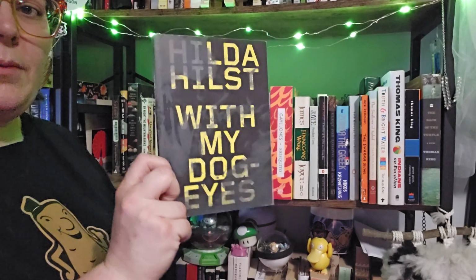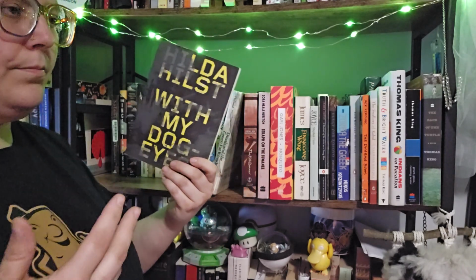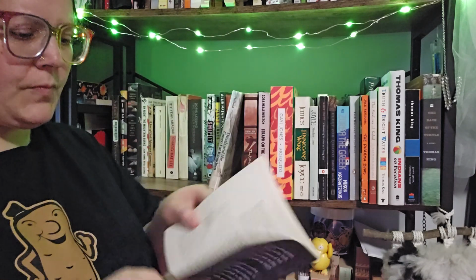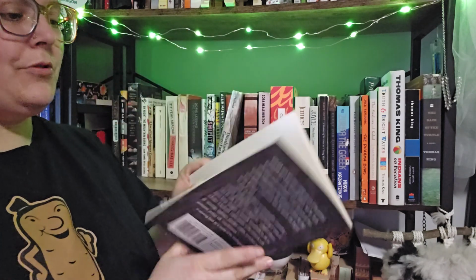And this book, Hilda Hilst, With My Dog Eyes. This is a really good book. She's Brazilian, and this is about a man going through what is coded as schizophrenia. So it doesn't explicitly state it, but you're following in his mind as things start to deteriorate in his mental health. And I have one singular tab in here, and I'm just wondering what it is. So I'm gonna